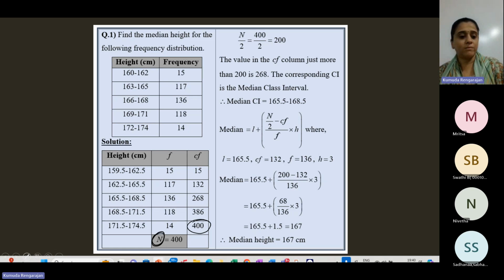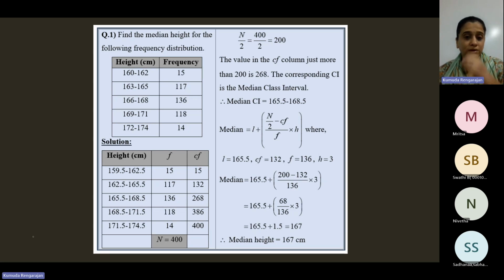All right. Now about computing median. To find median, you need to first find the median class interval. What do you mean by median class interval? The class interval in which the value of the median lies for that particular distribution. Now, for this particular frequency distribution, the value of median, now supposing the median is